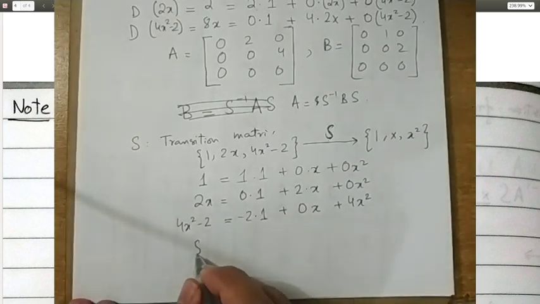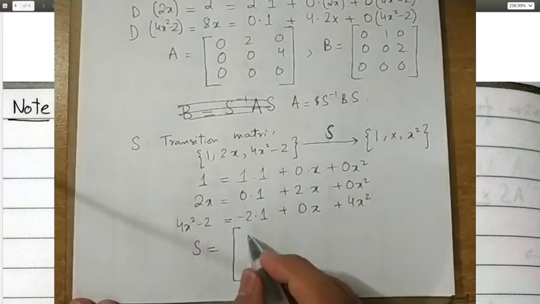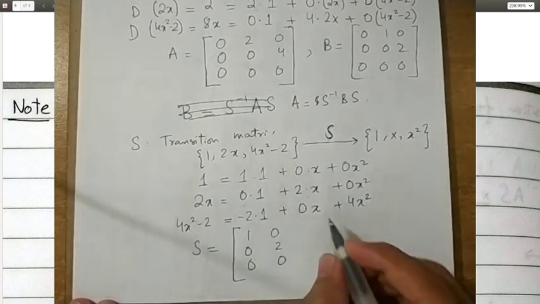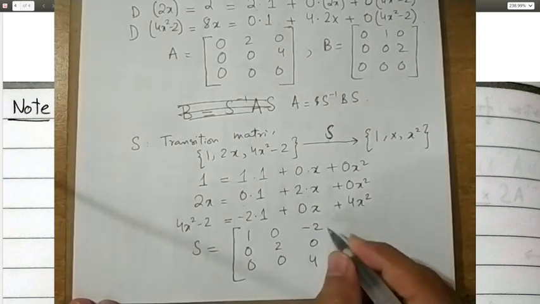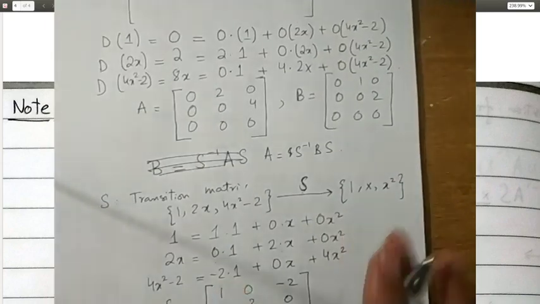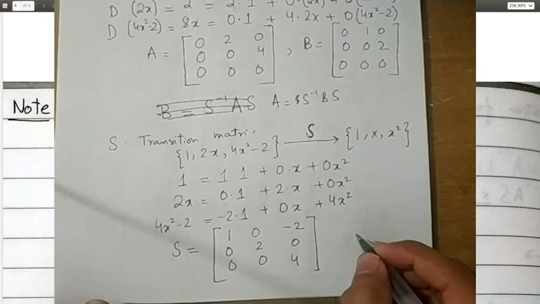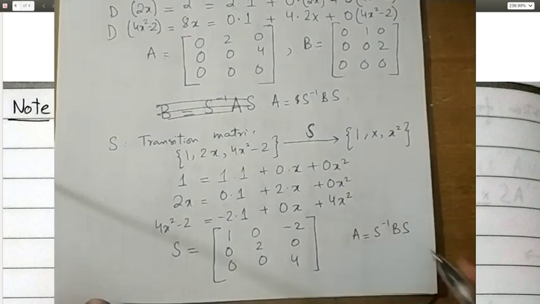And so the transition matrix S is very easy to construct. It's just this one, 1, 0, 0, 0, 2, 0, and minus 2, 0, 4. And so the relationship between A and B is simply A equals S inverse B S, where we're using